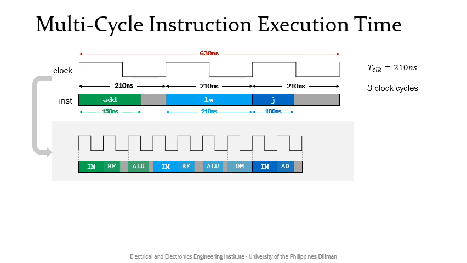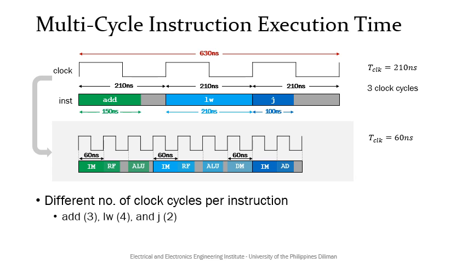Suppose we are to go with a 1 cycle per step implementation, what then should be the clock period? Going back, it was actually the instruction memory and the data memory accesses that take the longest time, both at 60 nanoseconds. Thus, to ensure that each step finishes correctly, the minimum clock period must now be 60 nanoseconds.